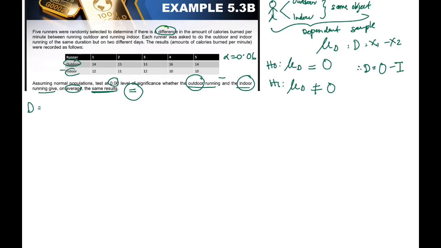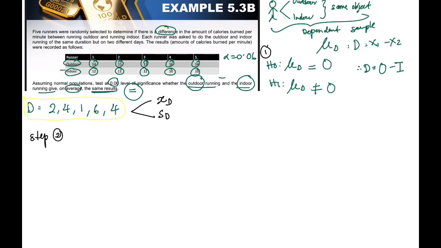Outdoor minus indoor. 14 minus 12, 2. 15 minus 11, 4. 13 minus 12, 16 minus 10, 14 minus 10. You got this new data, D. This new data, later on, we will use to find the X bar D and the S D. So we recall back our confidence intervals, the same concept. This one is step number 1. So what is your step number 2? Step number 2,